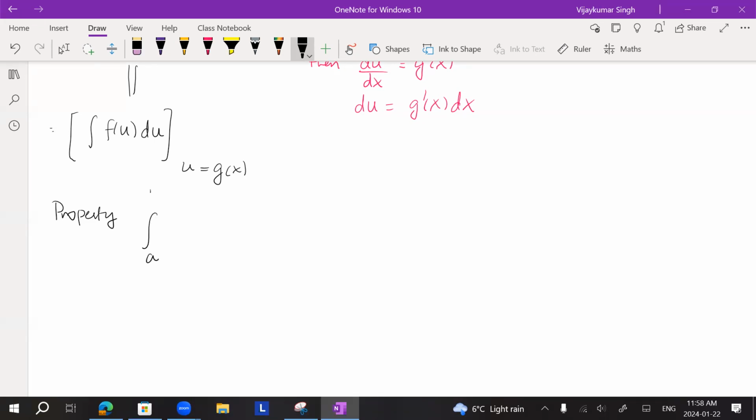All right. Now let's see a few properties that the substitution rule gives us, namely, if I have the integral from a to b of f of x dx, then this is the same as the integral from b to a of f of x dx, but with a minus sign. So let's see the proof of this. Here we can use